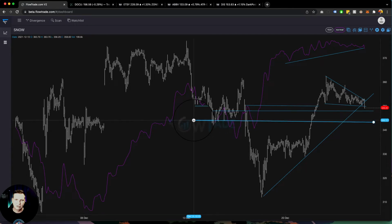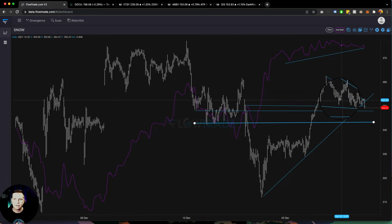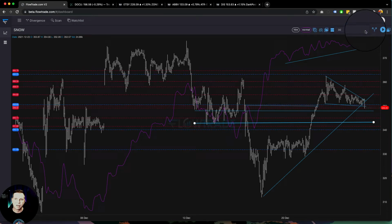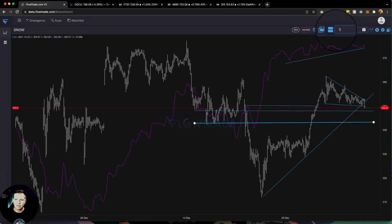All right, so I'm still getting used to the chart tools here a little bit. But we would look for if price pulls back to this level for support before it continues to move up. I'm going to go ahead and pull up some block trades for the last 5 days. Maybe I need to do 7. Let's see what 7 days looks like since we did have a 3-day holiday. Let's go to 10. All right, so in the last 10 days, we had a regular block trade come in